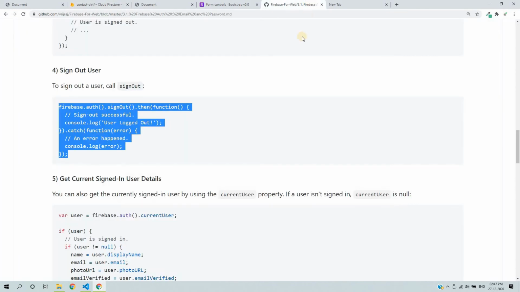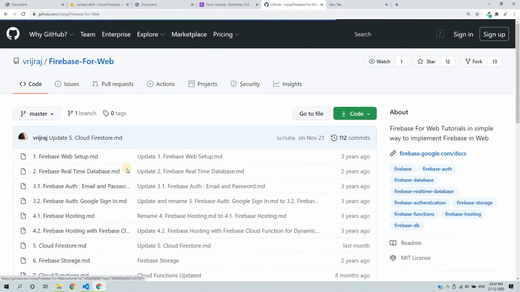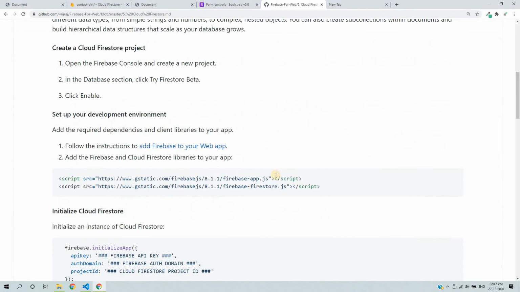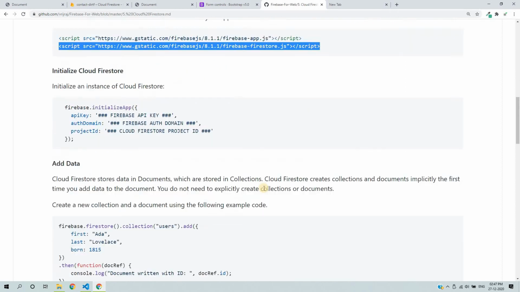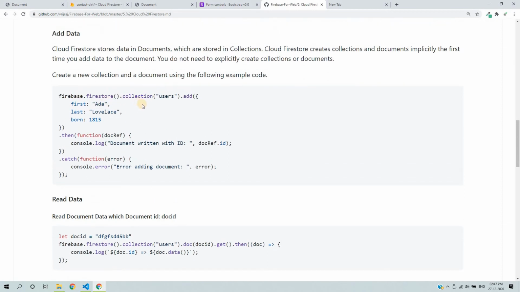So till that time you can go to the documentation. I have mentioned the code for the Cloud Firestore. So first we need to load the Firebase Firestore library. So this is the Firestore library. And for adding data, we need to define a collection. So Firestore is a NoSQL database, just like MongoDB.